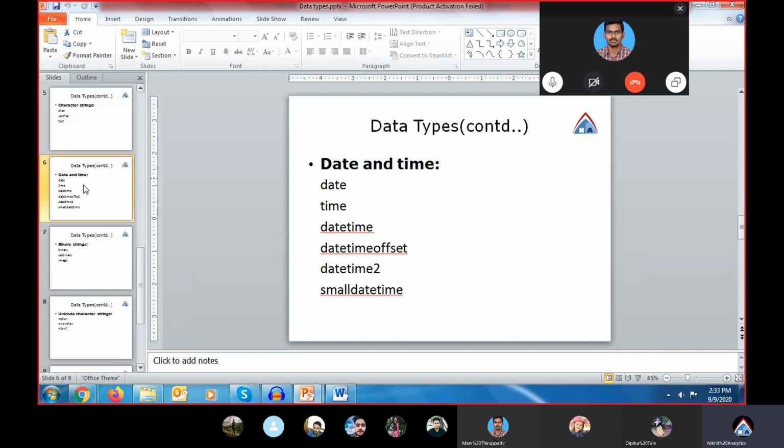Then you have data types like binary strings. So binary data is your zeros and ones. Suppose you want to store binary data, then you have to define the data type as binary or varbinary. So binary, let's say if I say binary 10, you will have 10 places fixed, and you can accept the binary data, but if you have lesser width of data or information, then space